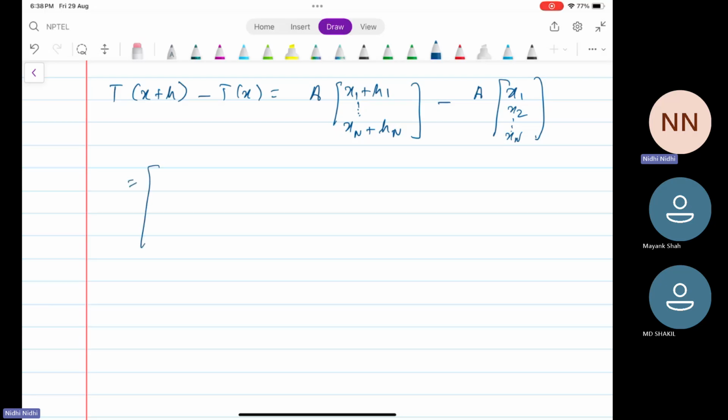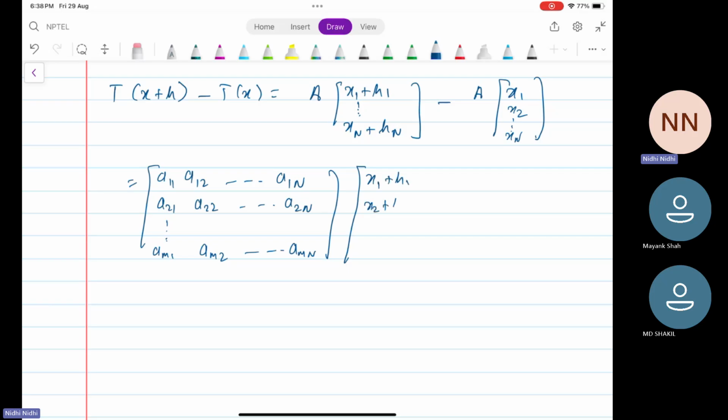This is the matrix a11, a12, a1n, a21, a22, a2n, up to am1, am2, amn, times (x1 plus h1, x2 plus h2, xn plus hn), minus